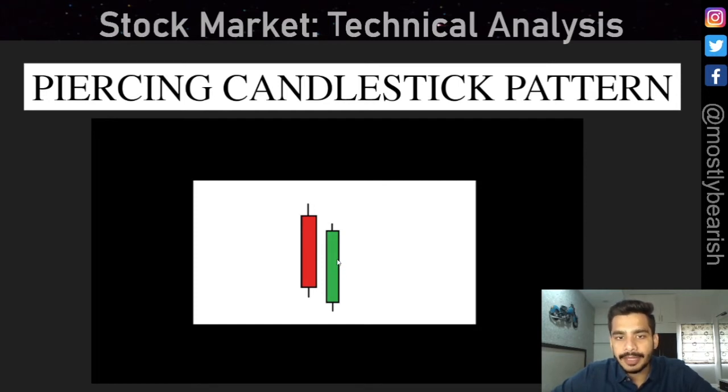So what does this mean? The trend was downwards. We saw this big selling pressure, but at this point, if you notice, there was a little gap and then the prices started moving upwards. So the bulls or the buyers took control over this candle, showing that interest in buying is emerging.